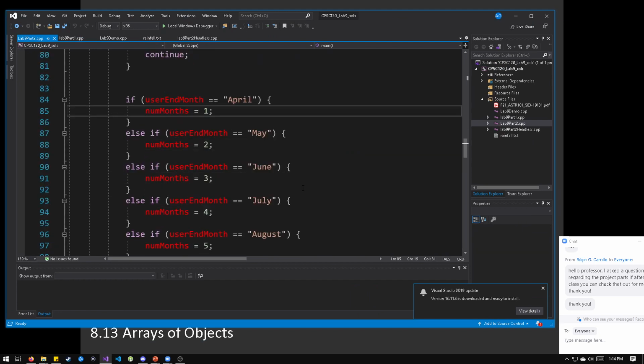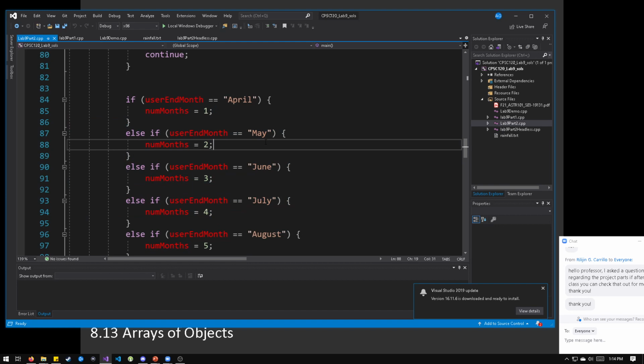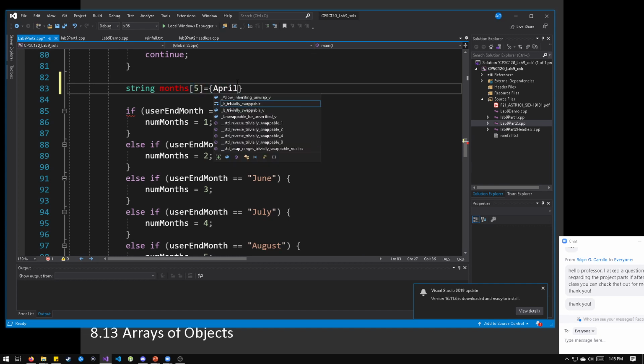You might have had this kind of experience here where I said, okay, April is the first month, and then May is the second month, and June is the third month. And this seems kind of clunky and awkward when we did it before, where I was saying assign these things different objects. Well, an array is a data type that allows you to store multiple individual things in one object. So for example, I could have called an object string months, and I can have months being a data type that is essentially a one-dimensional array, where I can say this thing will have 5 entities in it, and then it could have April, May, make them strings,